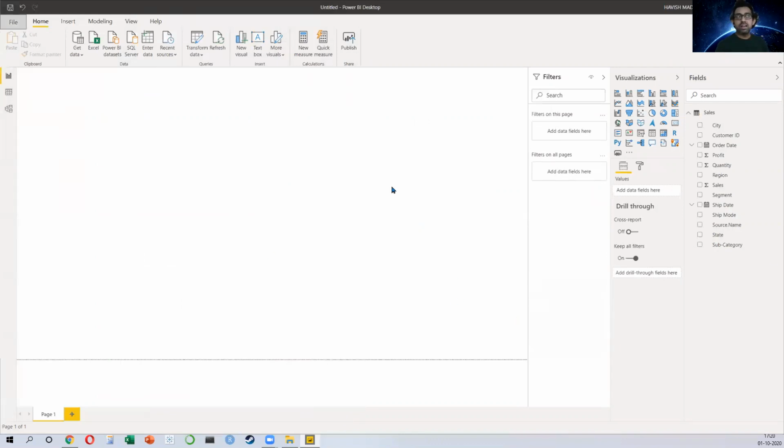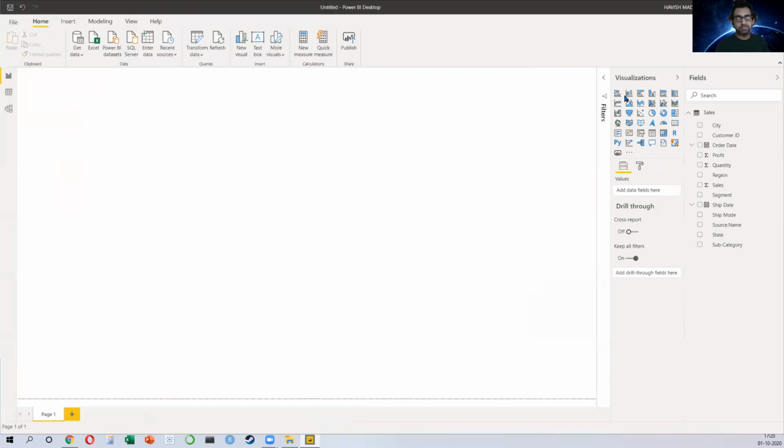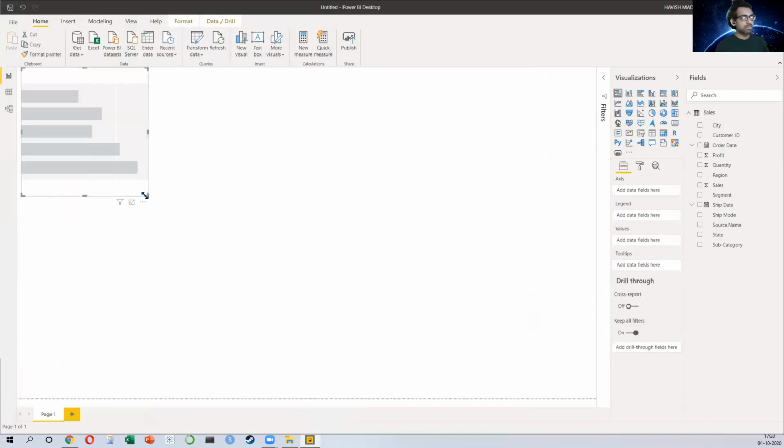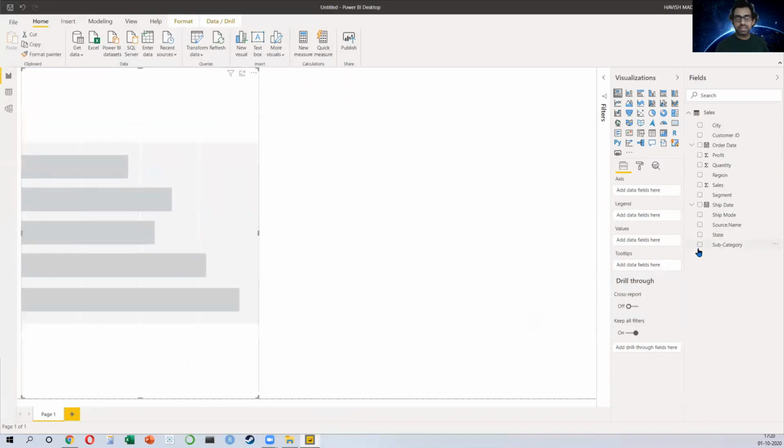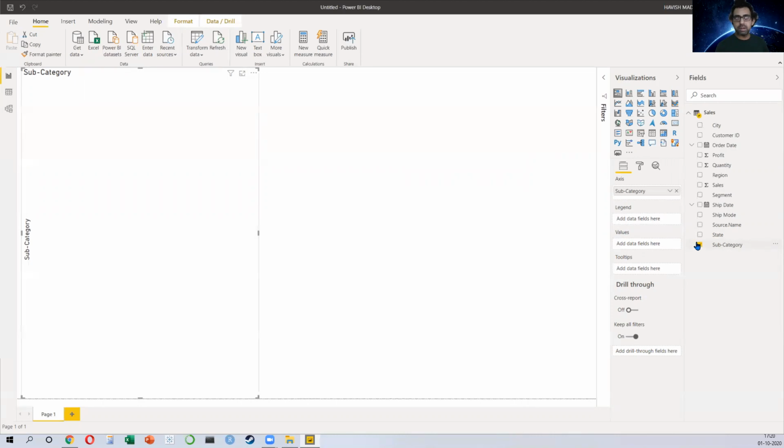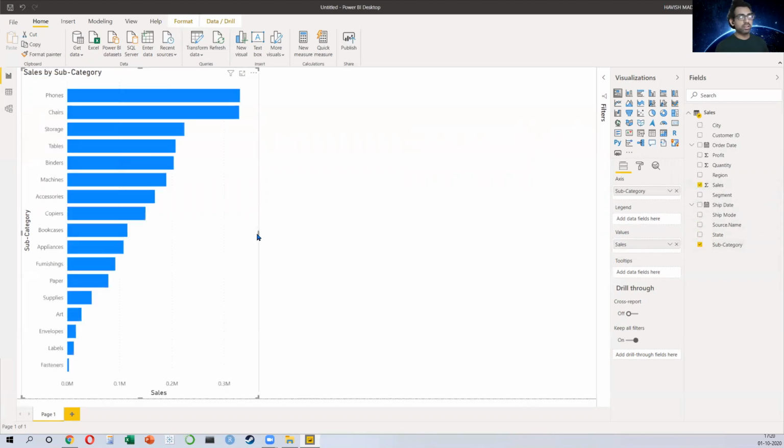All right. Now let's say I want to look at a bar chart. Very simple. And in the bar chart, we will keep our subcategory and we'll keep our sales amount, correct? Now, what is the challenge here? I know that these are my 17 subcategories, but I also want to know what are the categories. So which 3 categories do all of these subcategories belong to, correct?